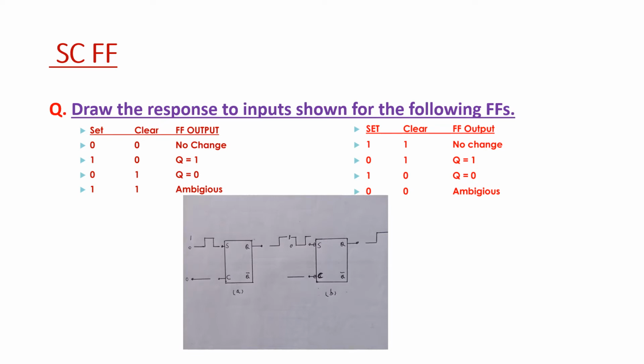Now if you apply the positive pulse on S, on the left hand side, then obviously since Q was 0 previously, it goes from 0 to high. Then on the right hand side, figure B, the SR flip-flop based on the NAND gate activates on the negative pulse. As you can see in the truth table also, when a negative pulse is applied on S, it activates and goes from 0 to 1, or low to high.